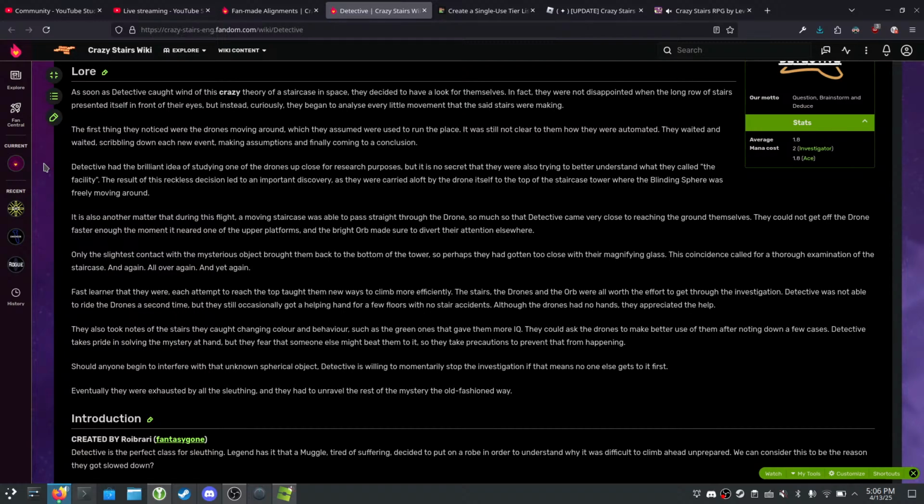I actually tried doing that once, one of my first Crazy Stairs playthroughs. I was doing casual tower, and I was on floor like 18, and there was a drone coming up, and I tried to jump onto the drone, and I fell straight through it, and I was so mad. But anyway,